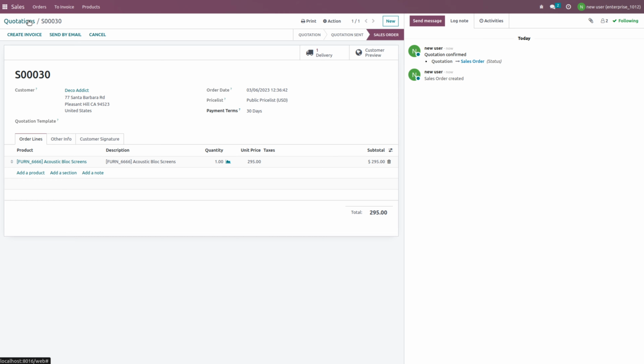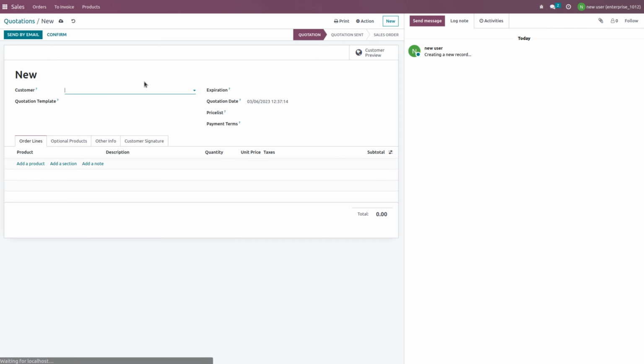Now we can also see the difference: the internal user has access to the documents only. He cannot make any changes to the configuration settings. And for the internal user, as we have set the right as on documents, here we can see only the orders, to invoice, and product tabs are visible. Okay, now let's create a new quotation,